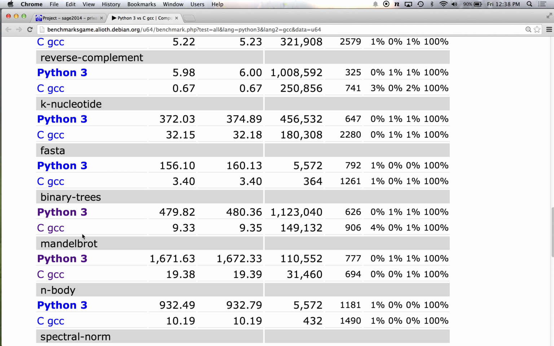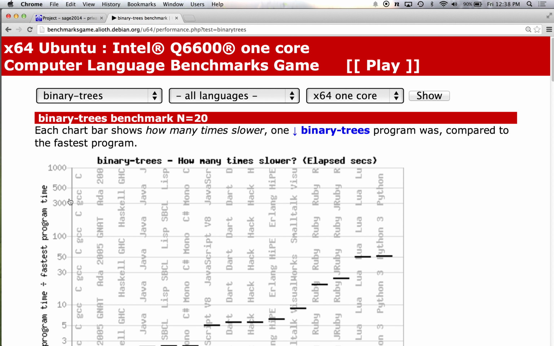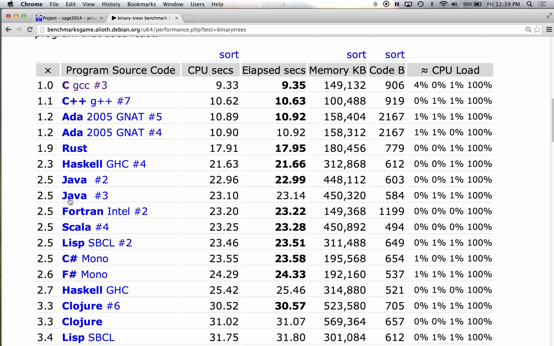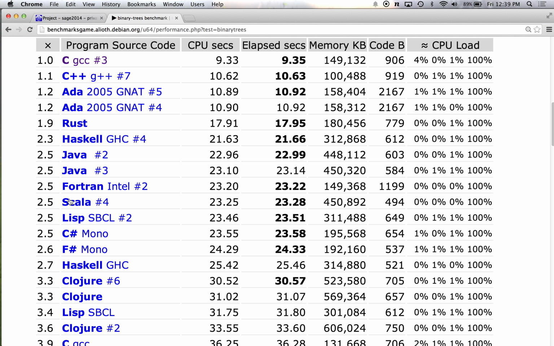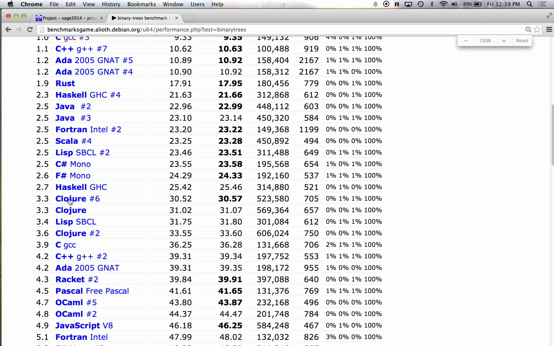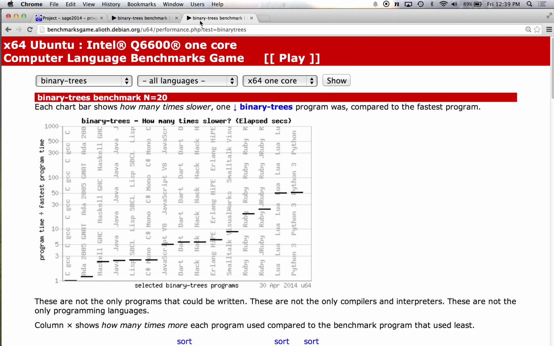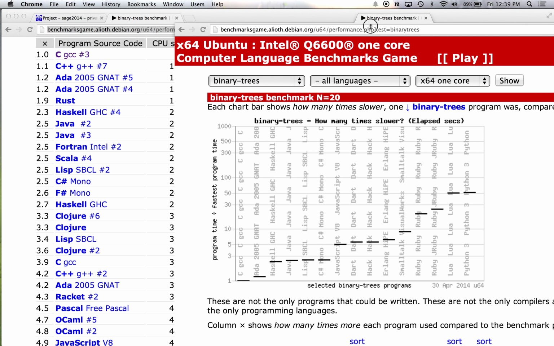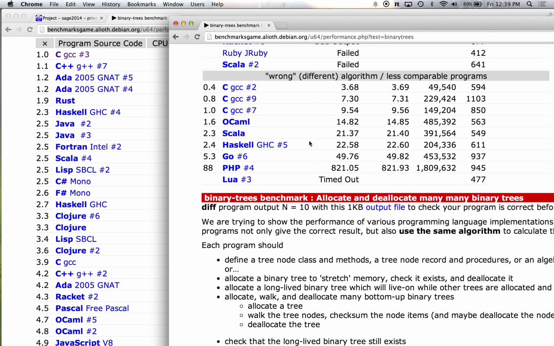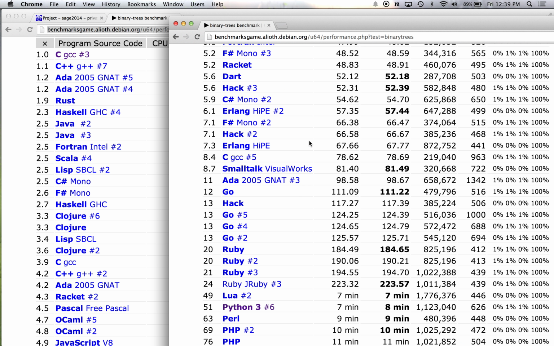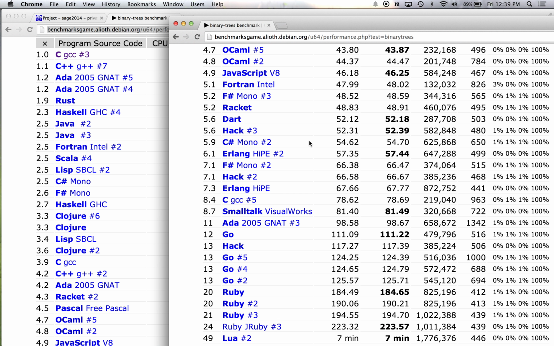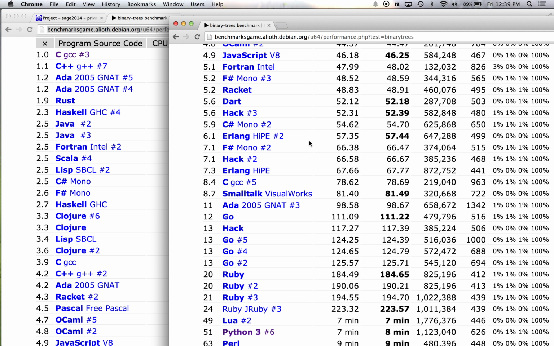Here's the link, binary trees. Okay, so this is interesting because instead of just showing C and Python, it shows a large number of different languages. In fact, too large to show on one screen. So I'll put them side by side. JavaScript. Okay, so